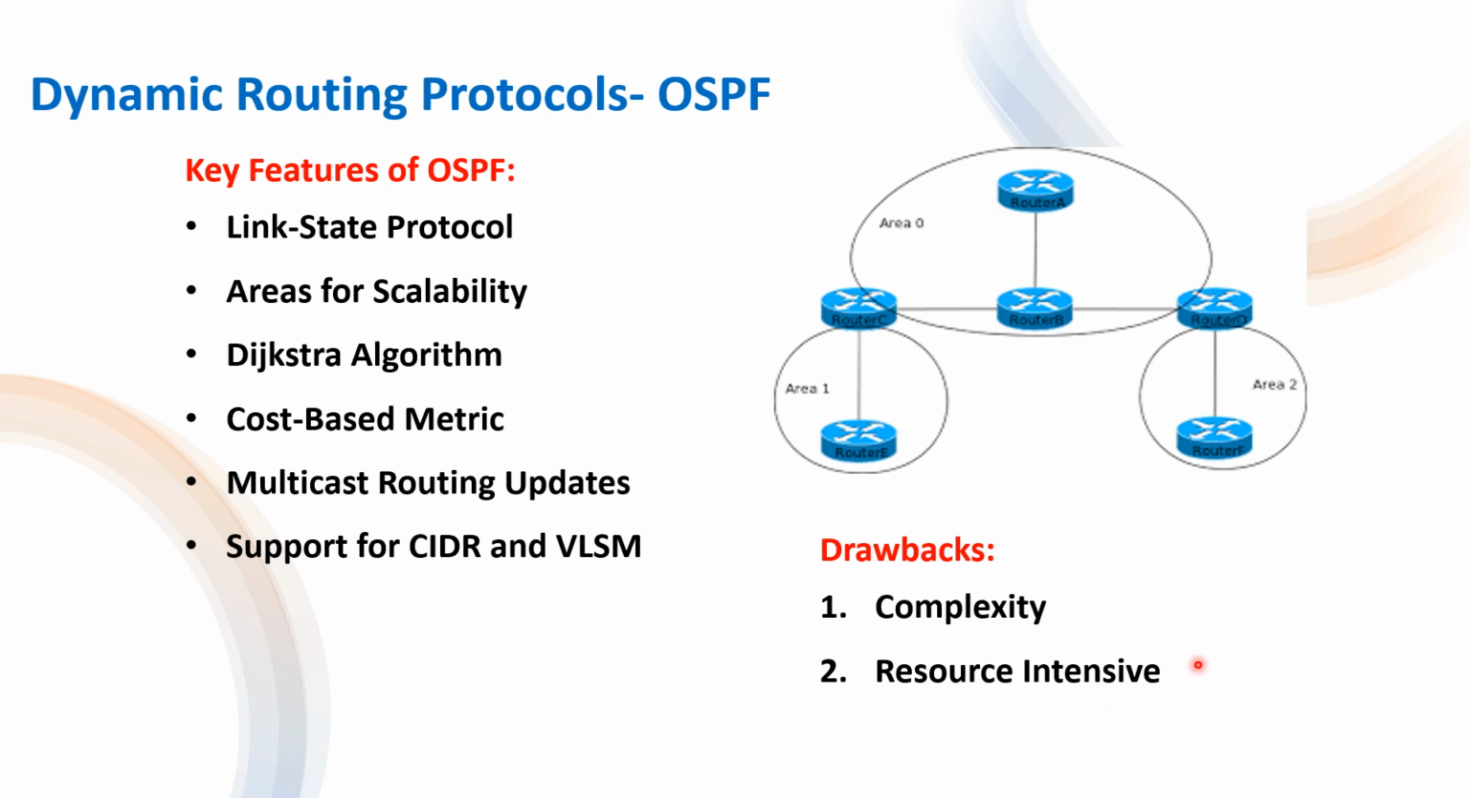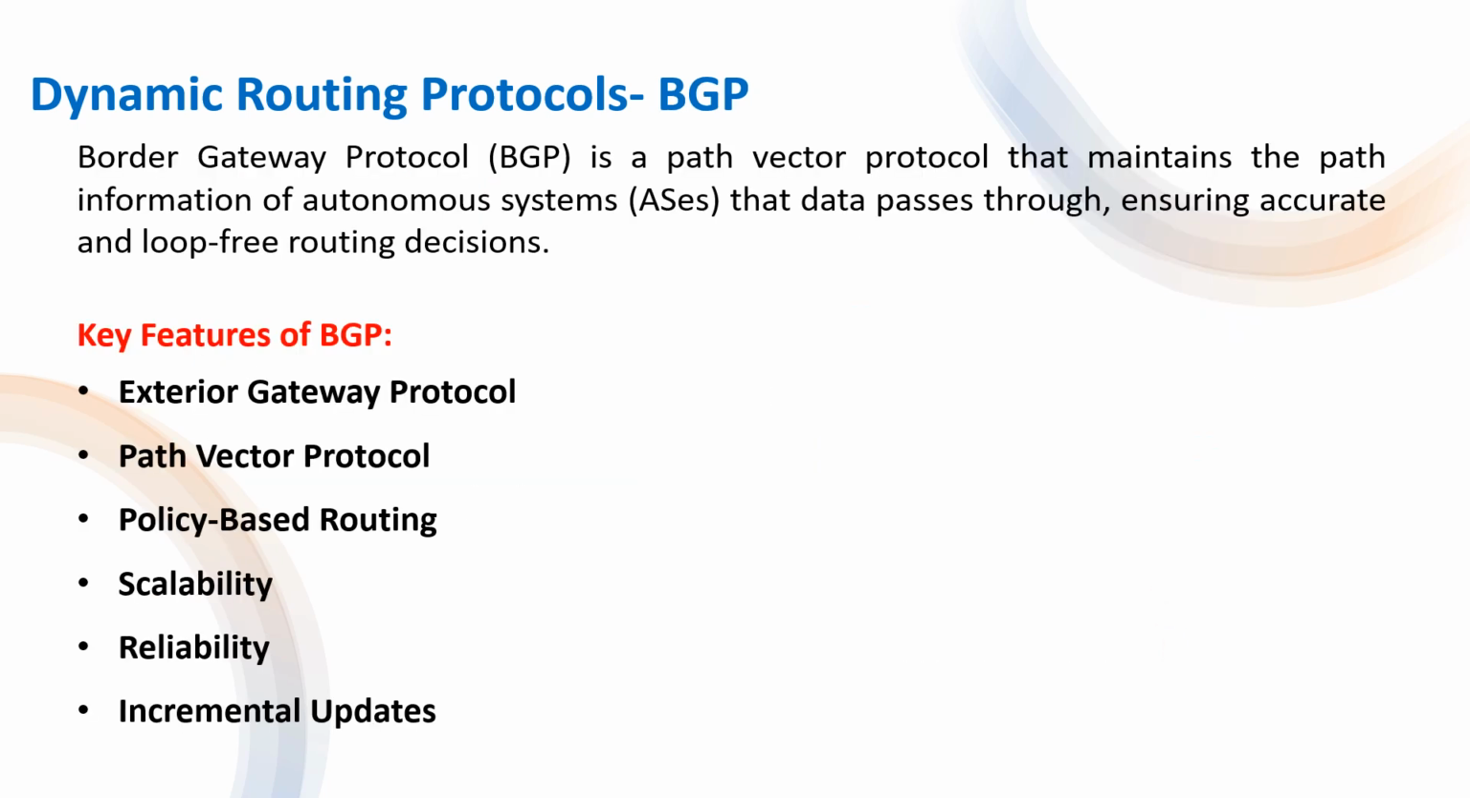OSPF maintaining a complete network topology database can consume more memory and CPU resources on routers, especially in large networks. Border Gateway Protocol, or BGP, is used to exchange routing information between different autonomous systems on the Internet. It is a crucial part of how the global Internet operates, enabling data to find the most efficient path between source and destination. Some of the key features of Border Gateway Protocol are: